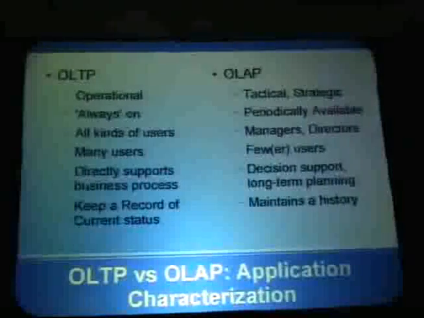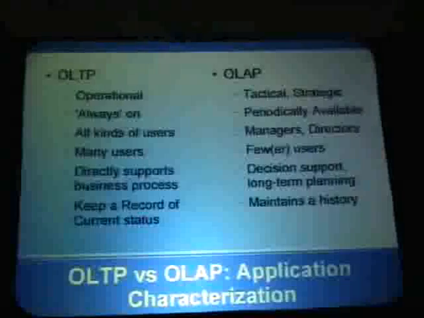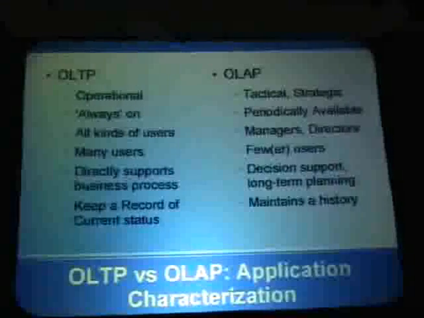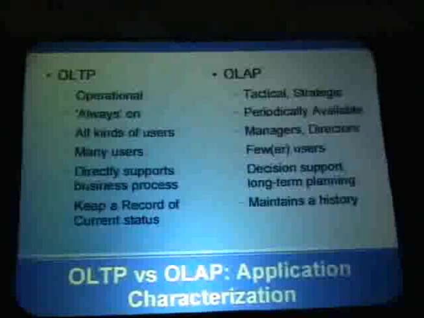There are a few characteristics. You can see that OLTP systems have to be always on, right? If you can't process any orders, you're obviously in big trouble. Whereas with OLAP, the time scale is larger. You're talking about supporting tactical, strategic decisions rather than making sure customers get their goods delivered. So it's a different